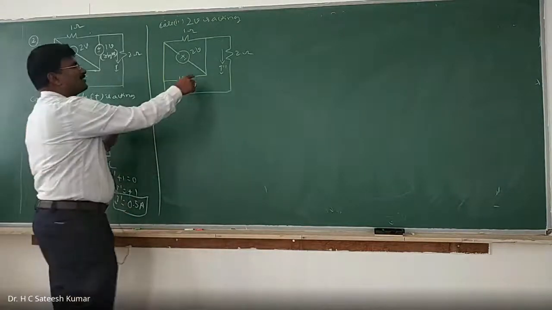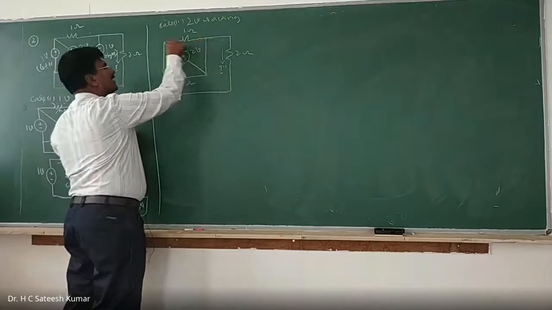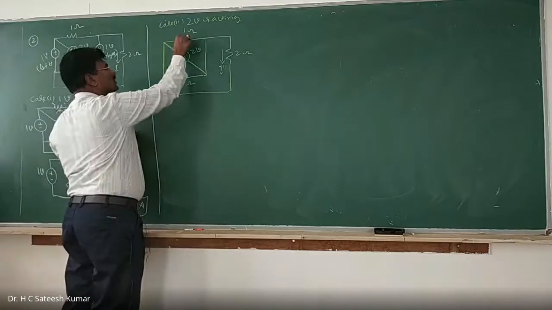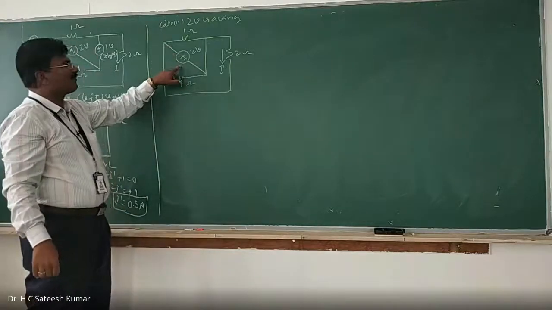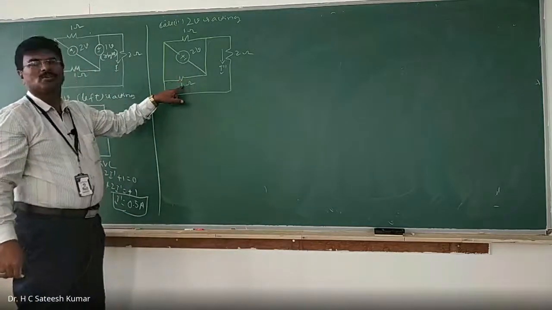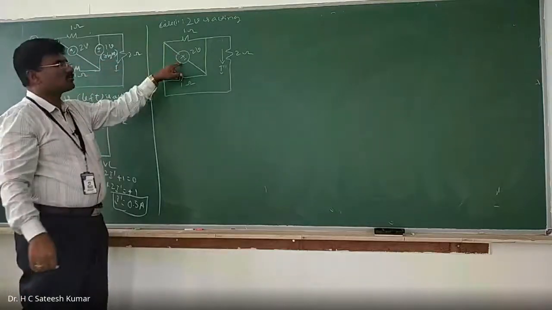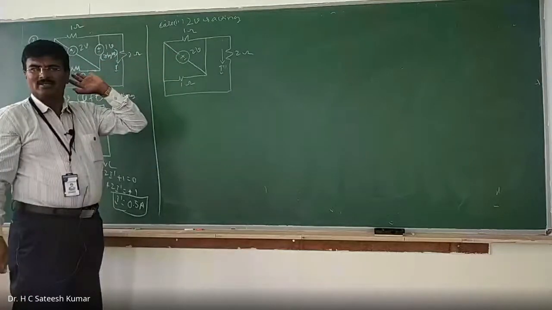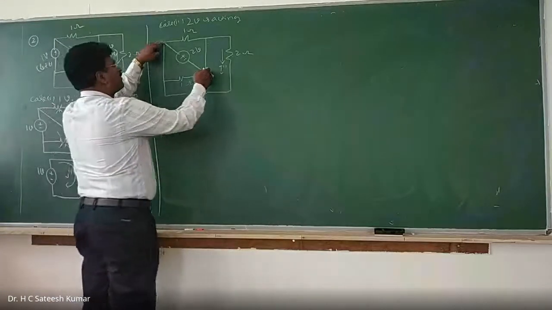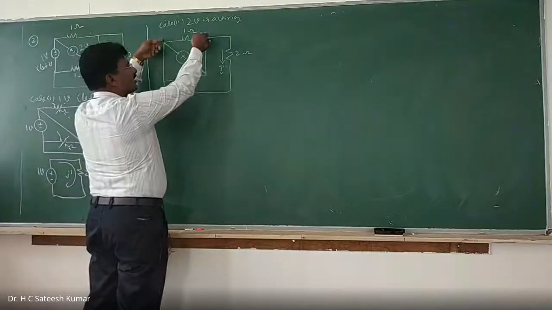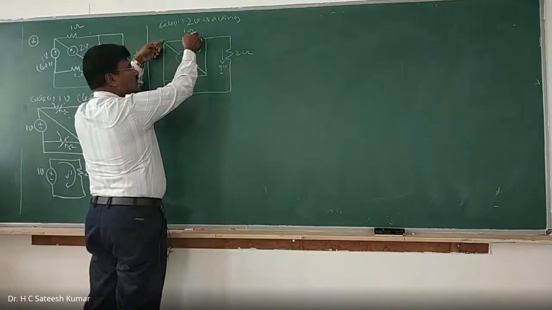This is shorted to this point, and this is shorted to this point. Therefore, these two resistors are parallel to each other. This resistor is parallel with this voltage source, this parallel with this one. Any resistance parallel with the voltage source will become redundant because this is shorted with this, it is one point. This is also one point. So now what will happen if you connect this across this one resistor is there. Any resistance parallel with the voltage source will become redundant.